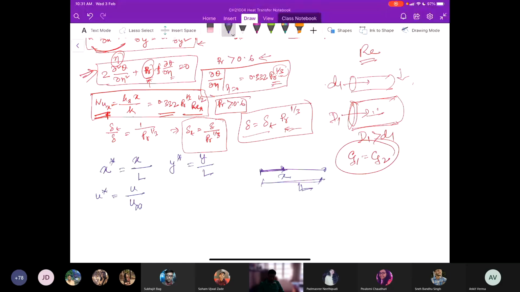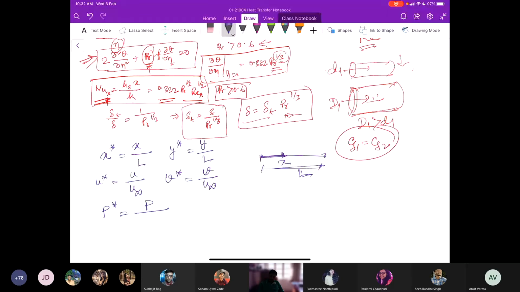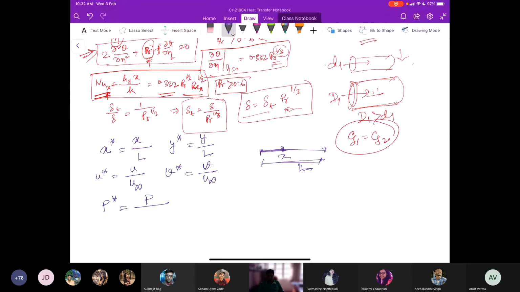Okay, so v, similarly, at any position, we divide by the free stream velocity. Pressure, how do we do that? What is the conventional non-dimensionalizing parameter? We do it P by P atmosphere. Like P atmosphere, say we do not do. In terms of flowing property, it is rho u square, rho times free stream velocity square.